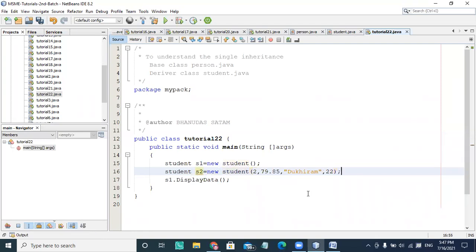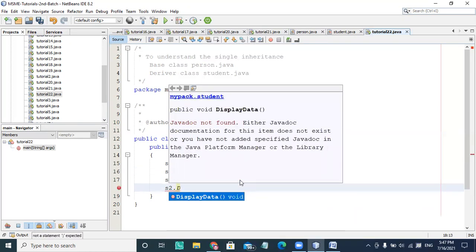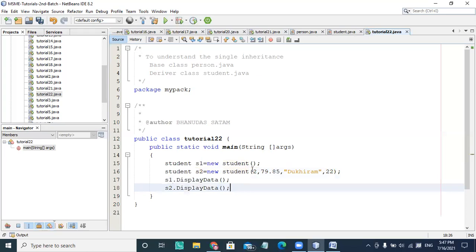So my parameterized constructor is getting called, and when I call s2.displayData, it will display these values. These two values use the parameterized constructor of Student, and these two values initialize the super class constructor, that is the Person class constructor.